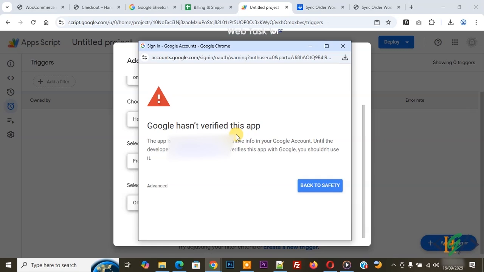Bismillahirrahmanirrahim. Assalamu alaikum. My name is Hassan, and today we are going to work on "Google has not verified this